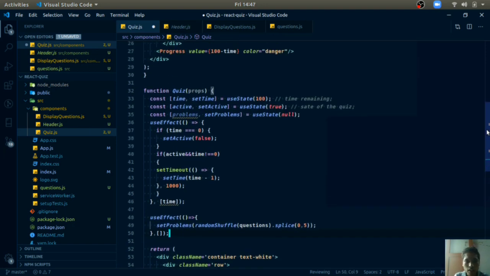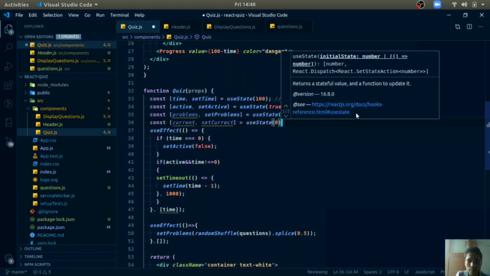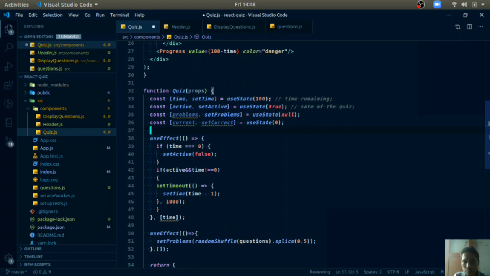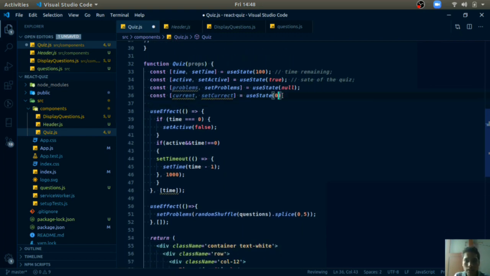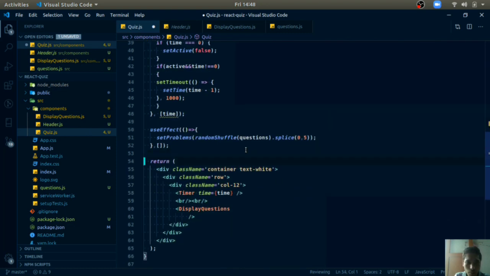Now let us create another state to maintain the current index of the question which the user is at. So current, setCurrent, it will have an initial value of 0 because the user will be at question number 0 in the beginning. So now pass the props to display questions on the component.